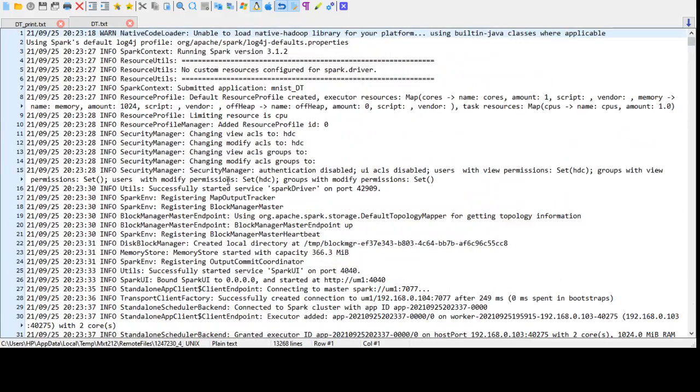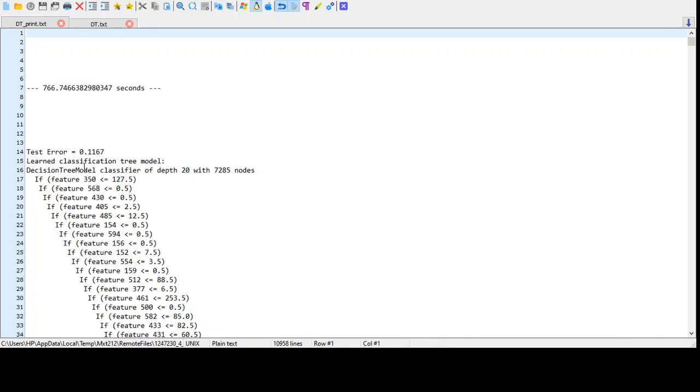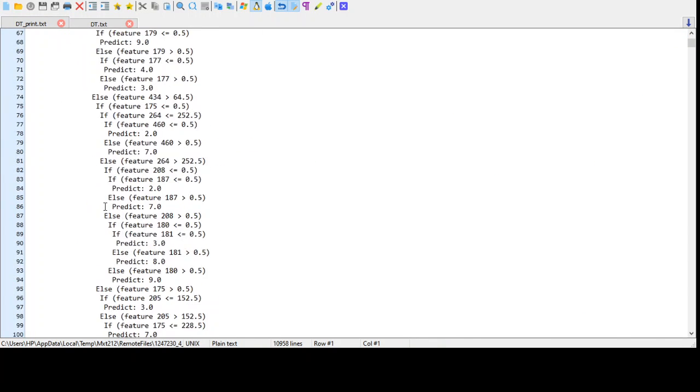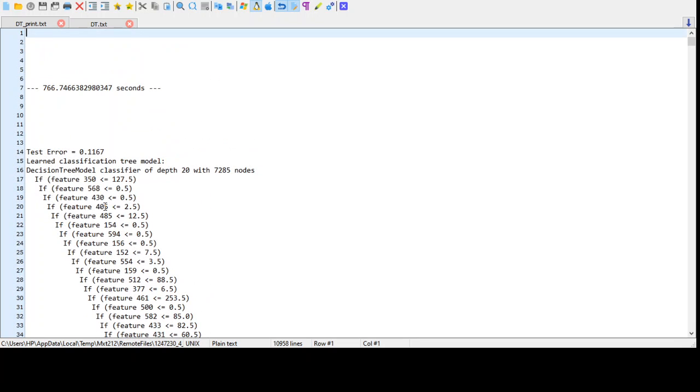Somewhere in this log the output is written, but it is difficult to read the output and to segregate the logs and output. So I have written my output to a different file, dt*print.txt. This is a kind of debug graph that I have tried to explain, like the learned classification tree model.